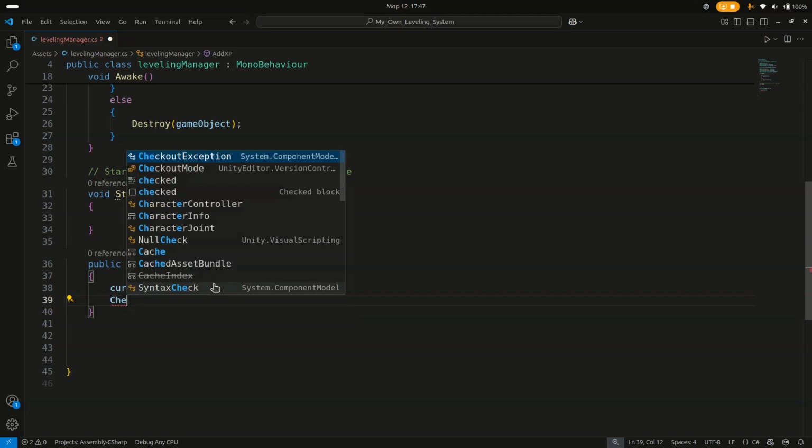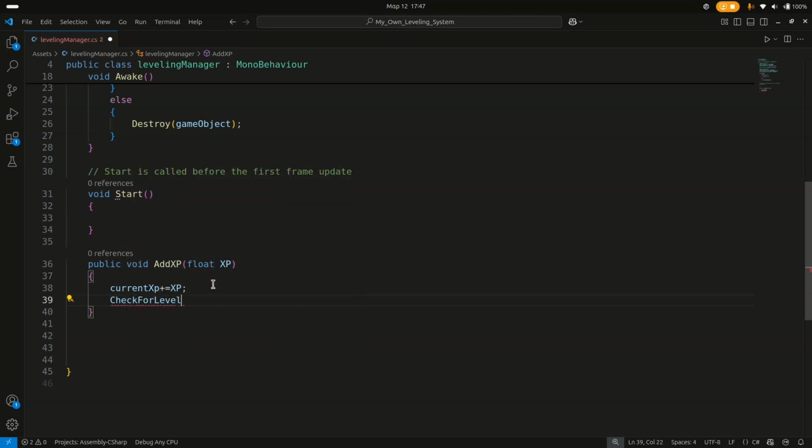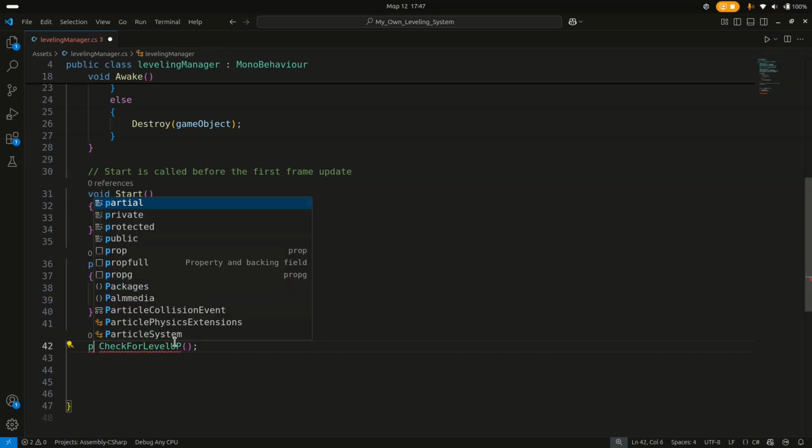Check for level up. This is gonna be a function we're gonna make. It's gonna be a private function because we don't need to call it from other scripts. If you ever need to call it from another script, you can just put public. So private void